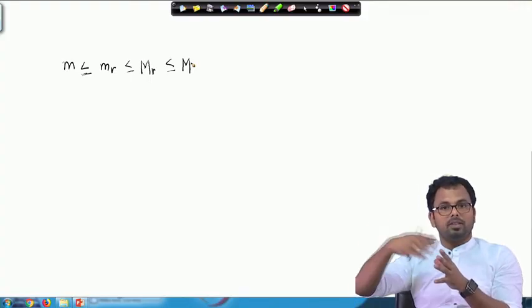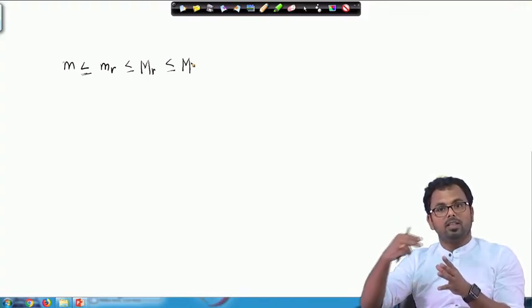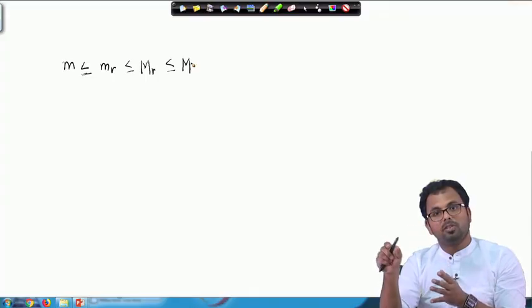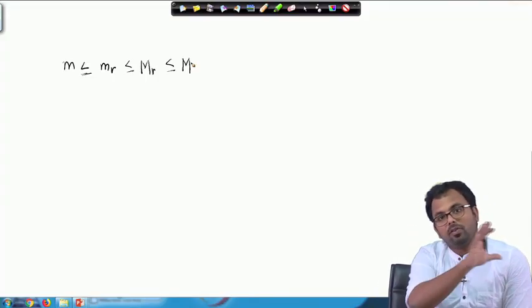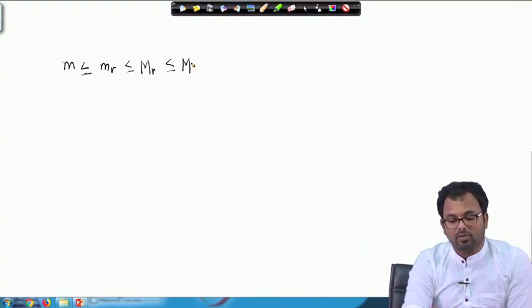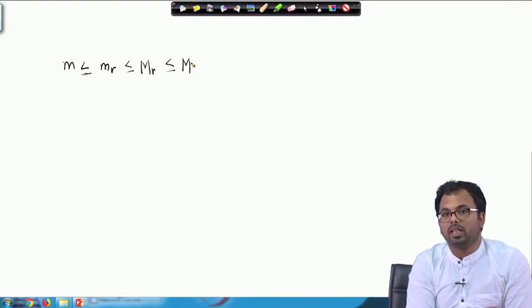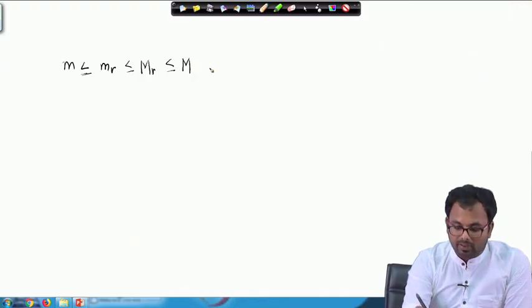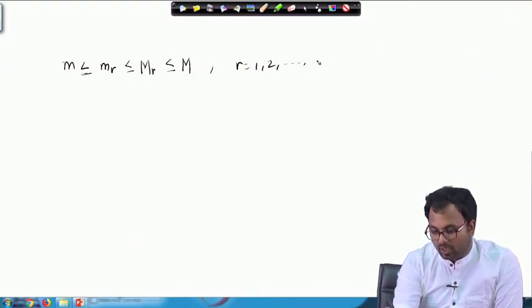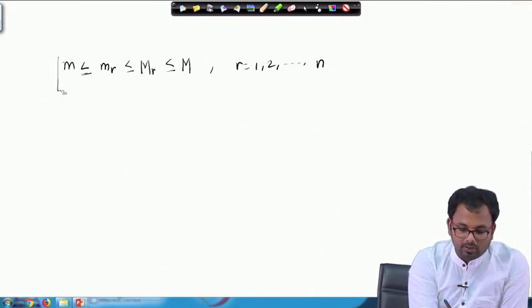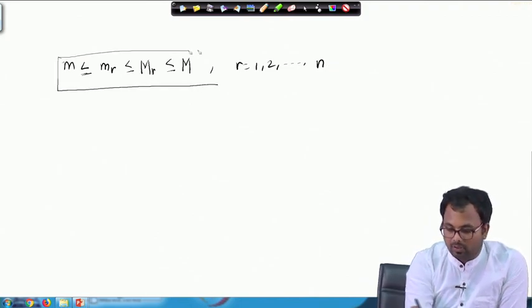So that is why the upper bounds on all of these subintervals will be less than or equal to the upper bound of the function f on the whole interval. That upper bound is denoted by capital M, and here r runs from 1 to n. So, this is a very vital relation,